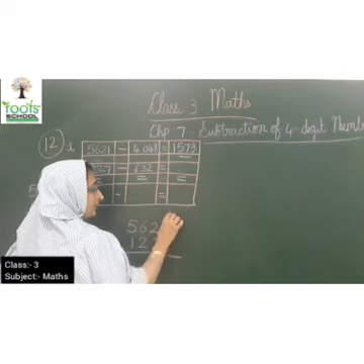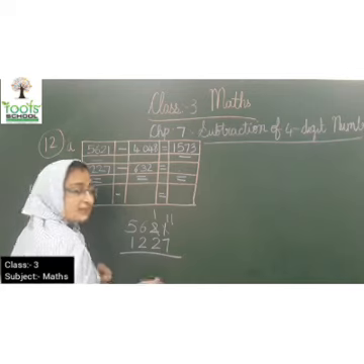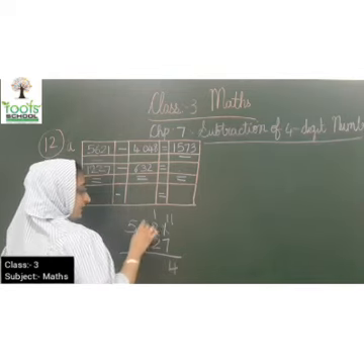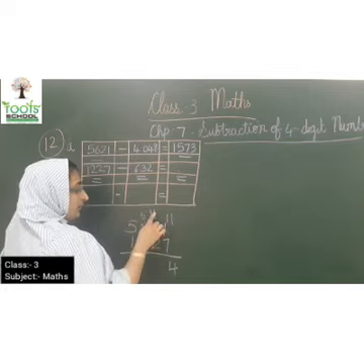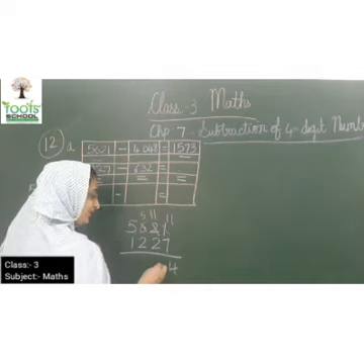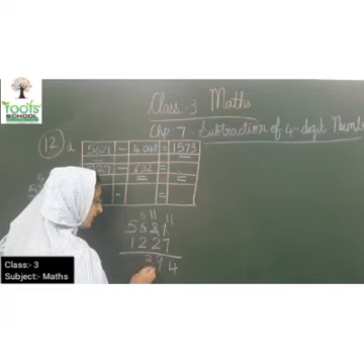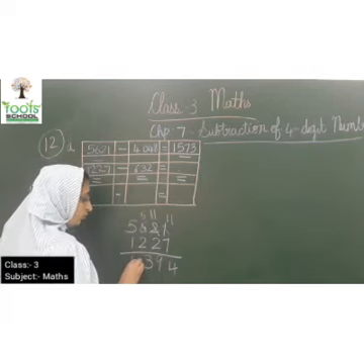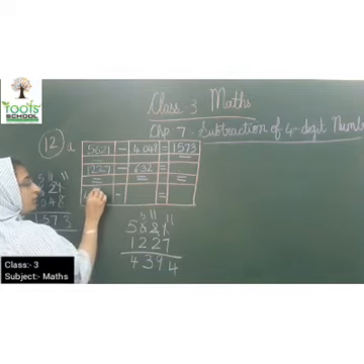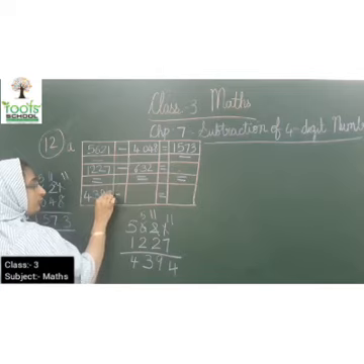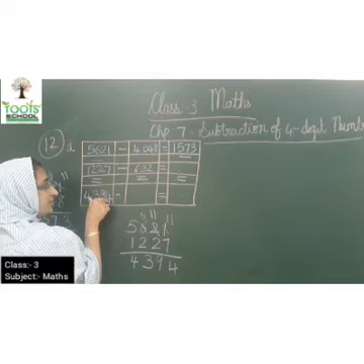1 is smaller, so it will borrow from here. Okay. 11 minus 7 is 4. Very good kids. It will borrow 1, so it will become 11 and this will become 5. 11 minus 2 is very good, 9. Then 5 minus 2 is 3 and 5 minus 1 is 4. So what is the difference which we got kids? 4394.